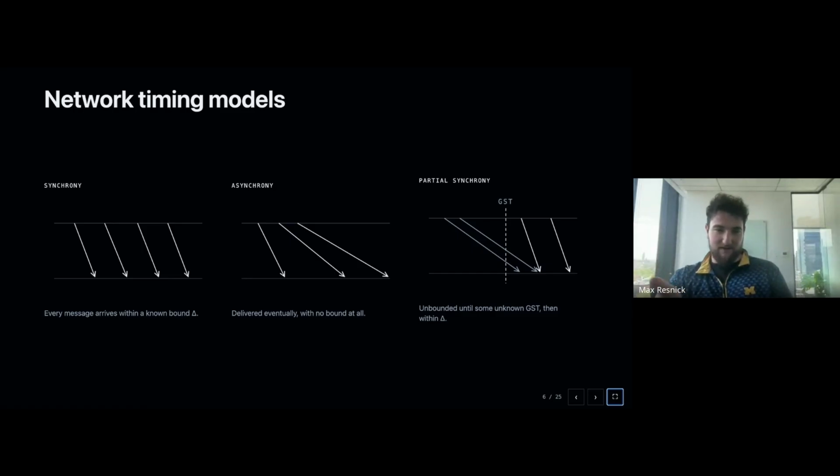So this is a very conservative assumption about the network, and it doesn't make very much of a statement. It just says, if you try to send me a message, I will eventually get the message, but it could be in 1 day, it could be in 10 years, it could be in 125 milliseconds.